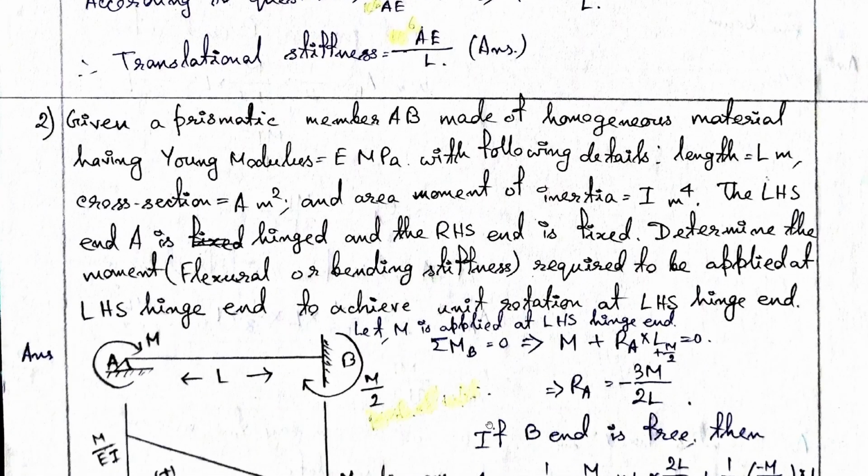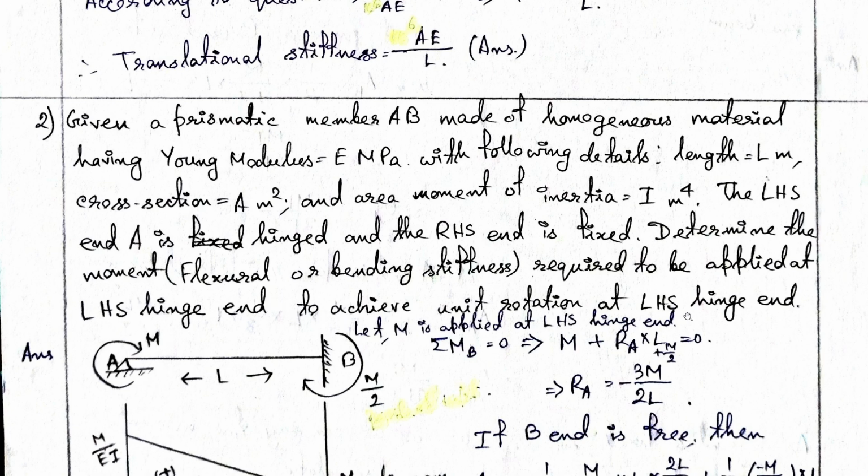Now in the second question, a prismatic bar AB made of homogeneous material having Young modulus E MPa, with the following details: length, cross section, moment of inertia. The left hand side end A is hinged and the right hand side is fixed. Determine the moment, that is the flexural or bending stiffness, required to be applied at the left hand side hinged end to